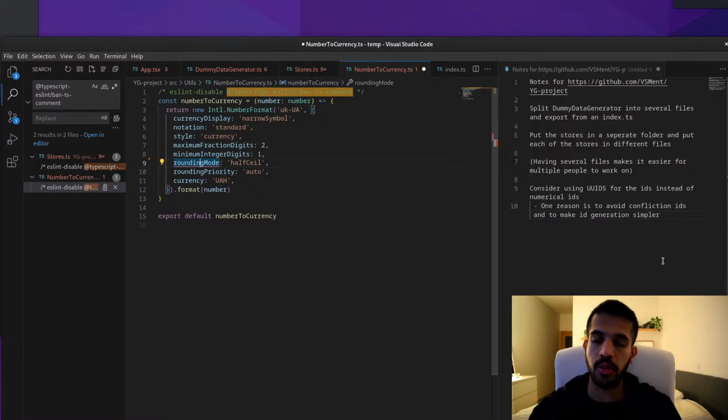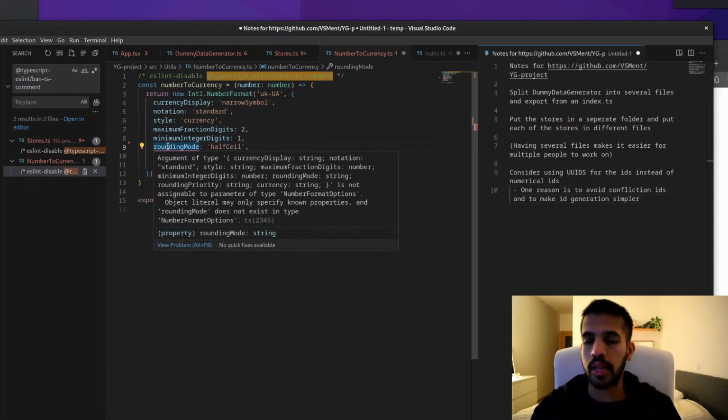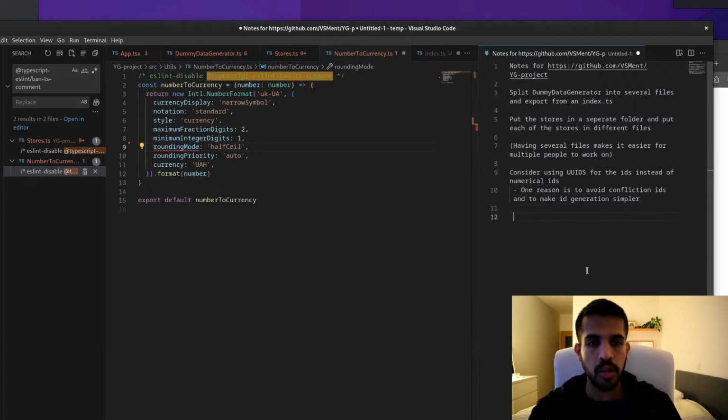So I think it's multiple things here. Avoid using eslint disable on entire files or at all.